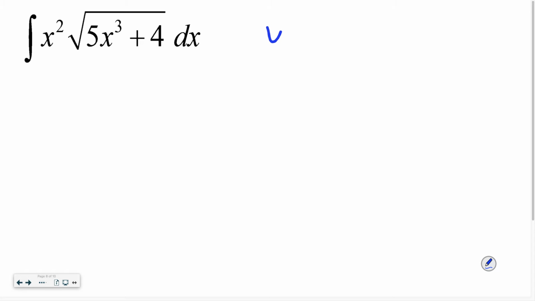So we could let u equal the inside of our composition, which means that du,